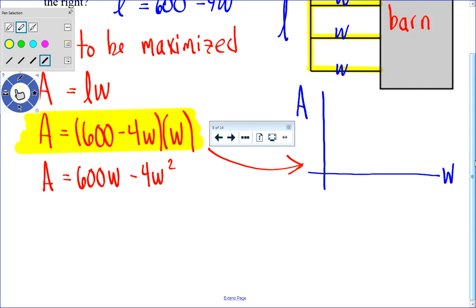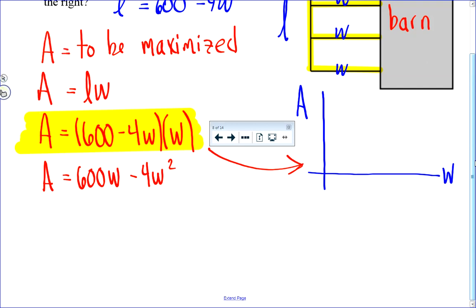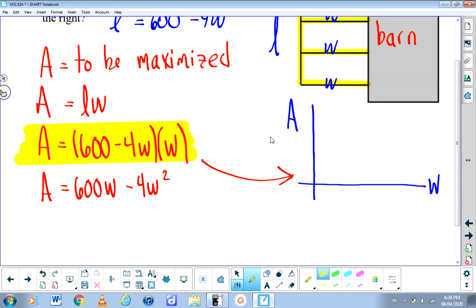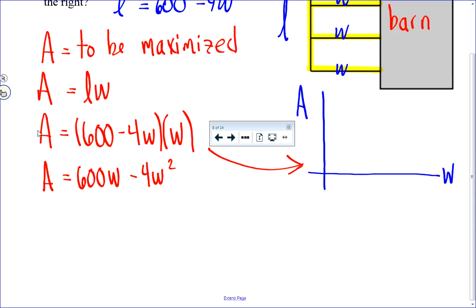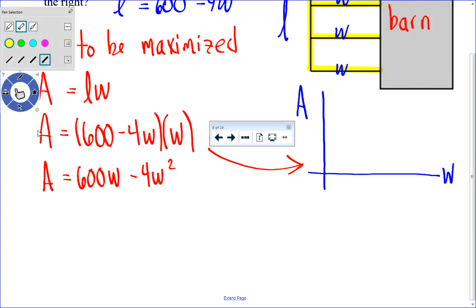And I don't think you want to do that. Maybe you do, I don't know. I wouldn't want to do that. I would prefer just to go with the simplified form, which is A equals 600W minus 4W squared. To differentiate that, well, there should be absolutely zero question as to how to do it, and the amount of thought that goes into it should be quite limited. dA/dW equals 600 minus